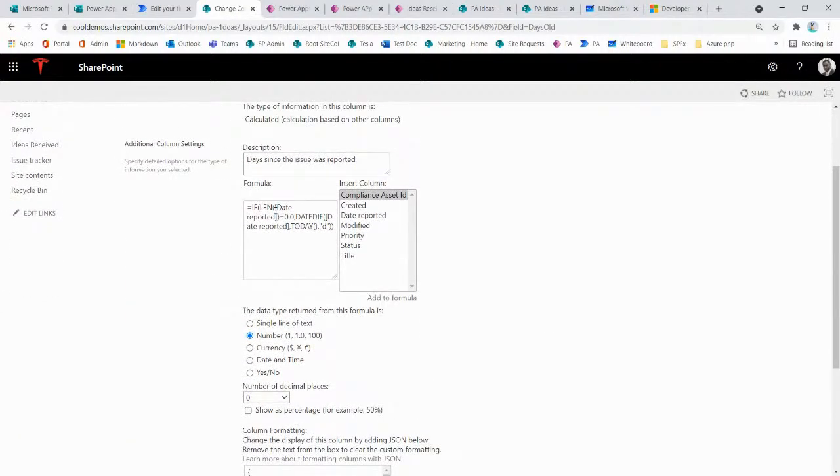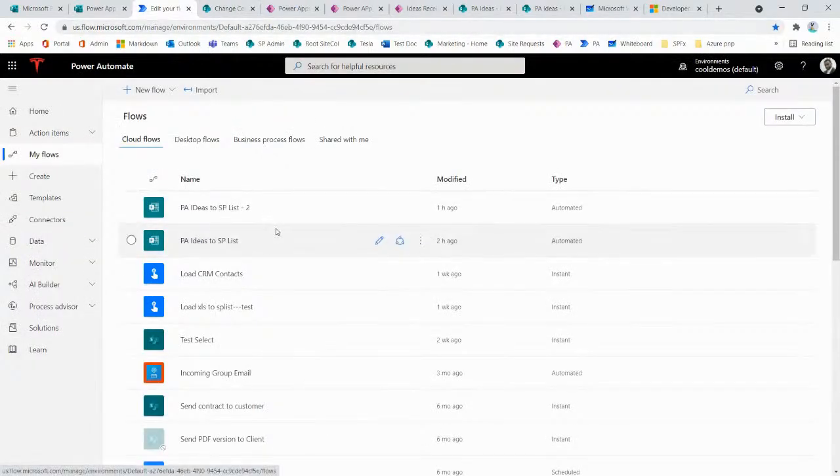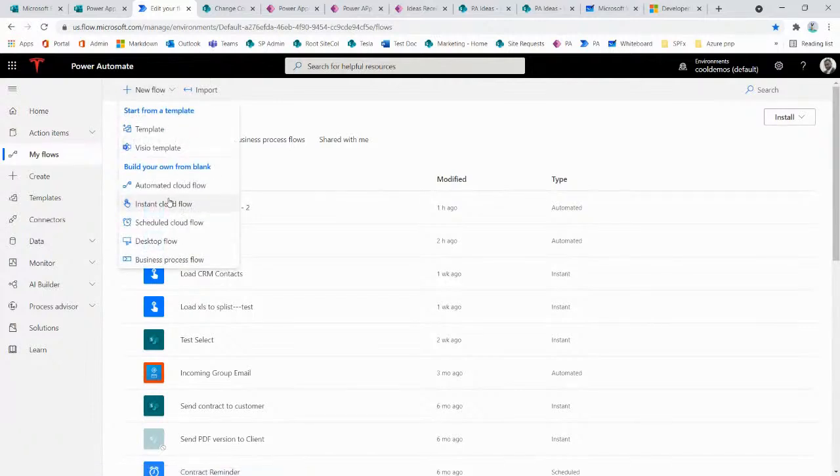Yeah, they're doing exactly what Lewis is saying, right? They're taking the date and comparing it to today's date, and that's how they figure out the age on it. So now you can just create that template, copy this formula, the same formula, and create it as a calculated value. Now that you have this, what I would do is very similar to what Lewis is saying: